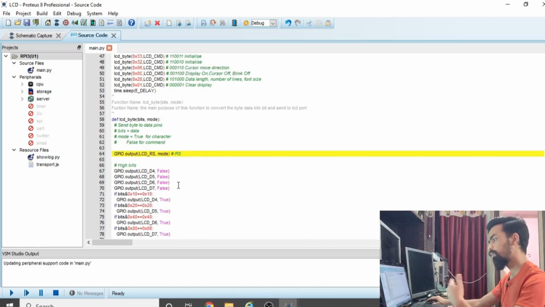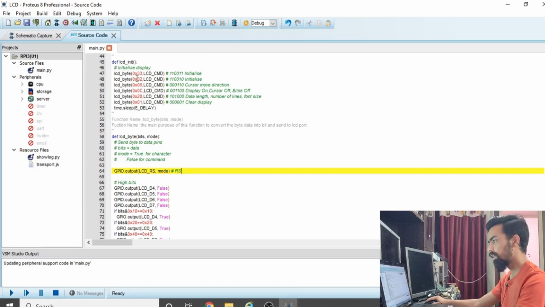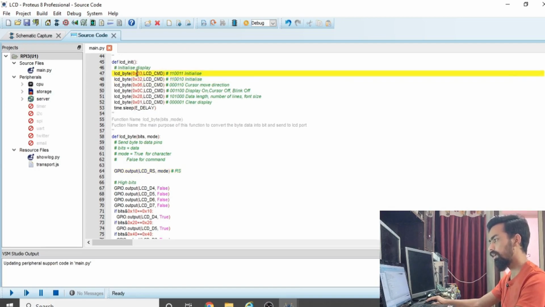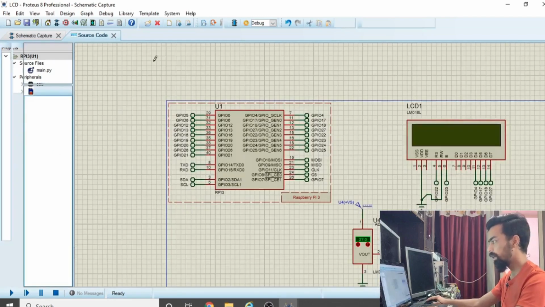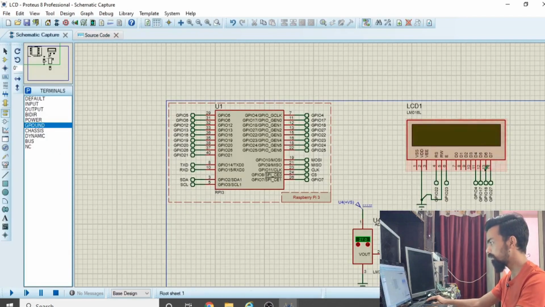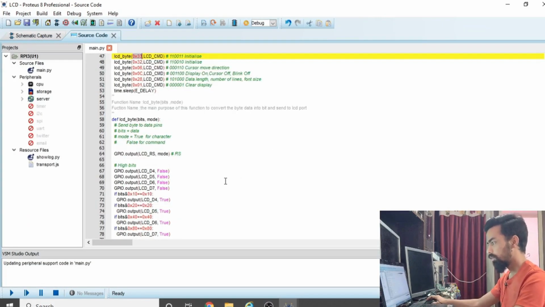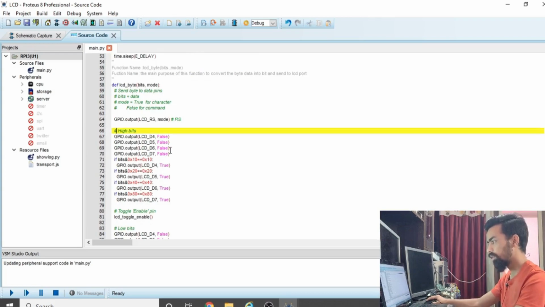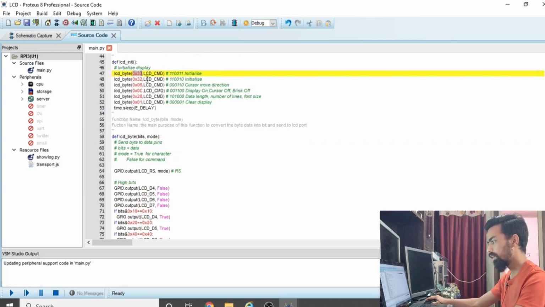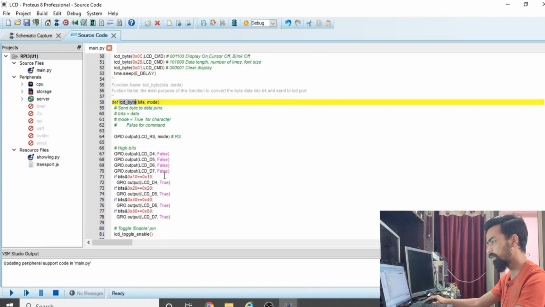Then after that we have to send the data. The data is 8 bits, but in our schematic we use 4 pins. So we have to segregate our data into 4 bits, and for that we use another logic. Once the value 33 is sent to LCD byte, it comes here.